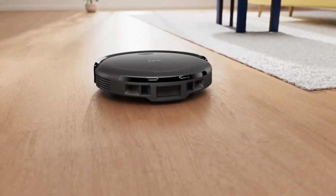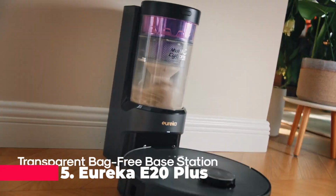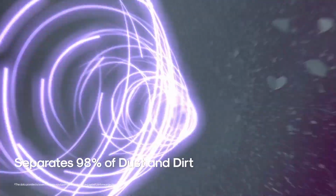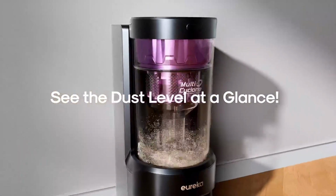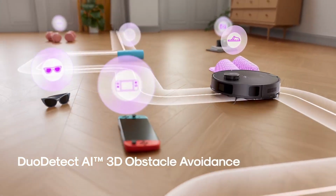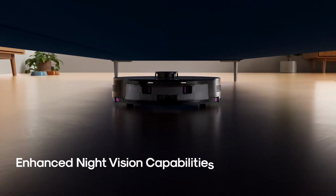The Eureka E20 Plus brings serious power to the table with its 8,000 Pa suction strength, capable of tackling dust, debris, and stubborn pet hair on both carpets and hard floors. What makes it smarter is the auto-lifting mop that raises itself by 10 millimeters when carpets are detected, ensuring your